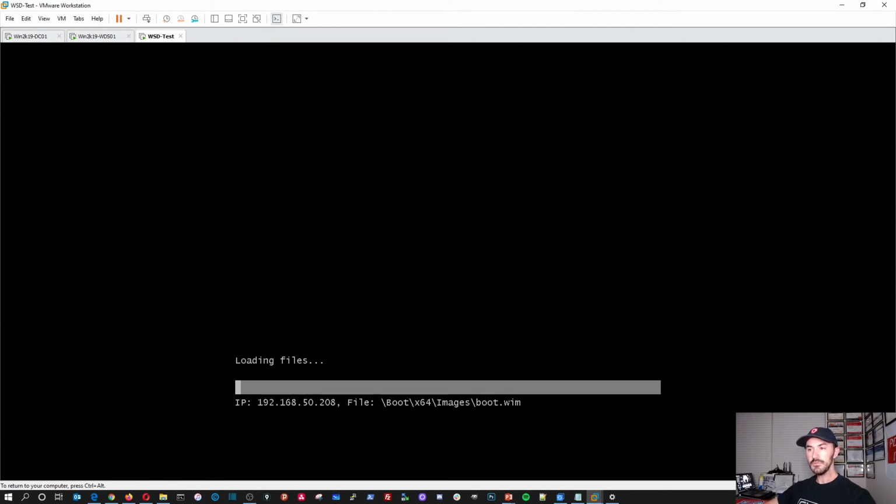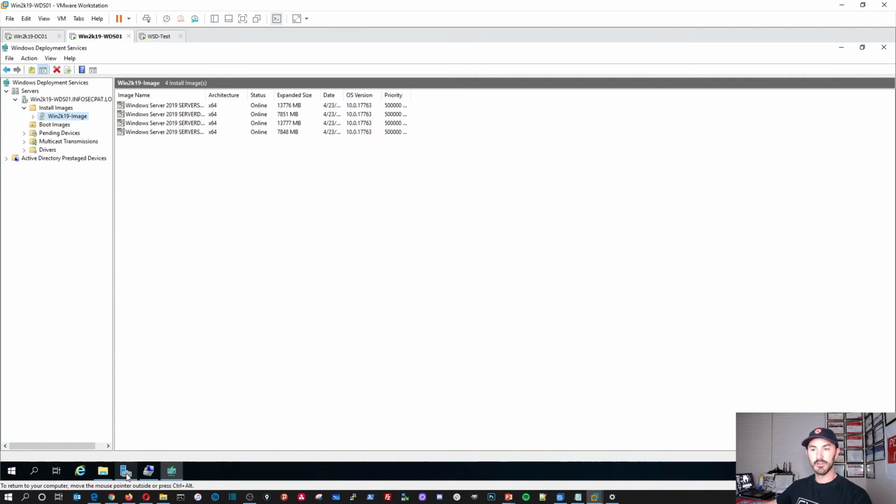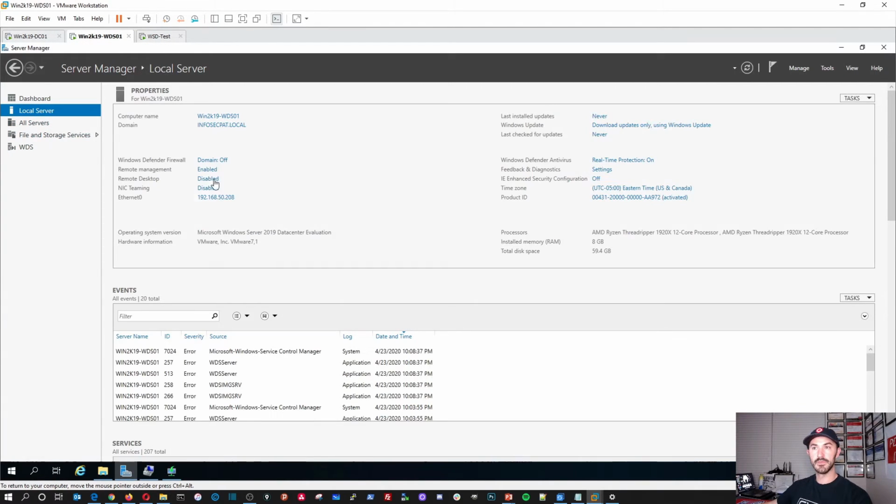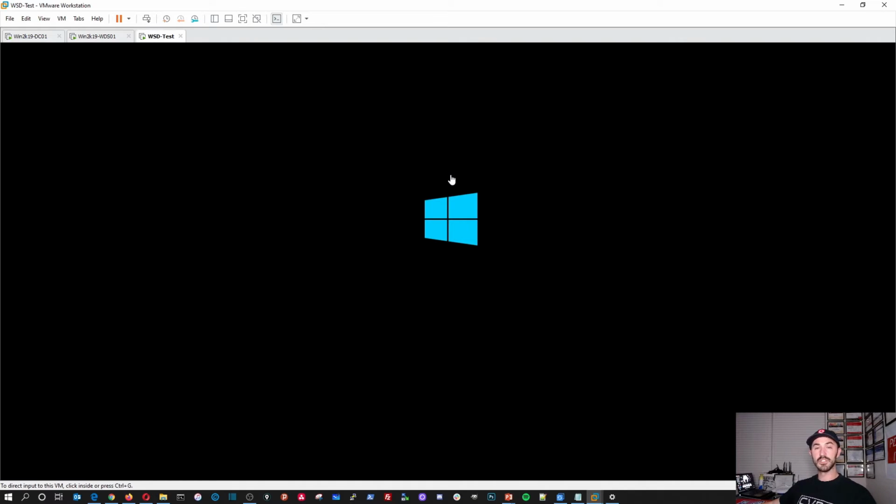So now you can see that the images are being pulled from the server down here, right there. And yeah, you can see it, 192.168.50.208. If we go back here, go back to the server manager, this is 208 right here. So this is the box that it's pulling the image from. And now we're installing this over the network, right? So now, for example, if you have like 10,